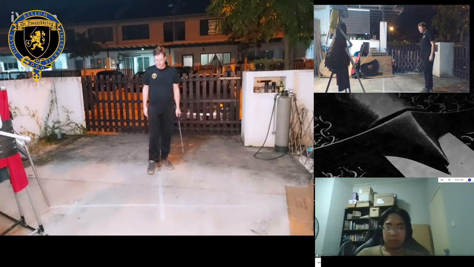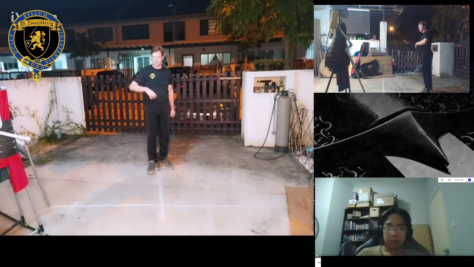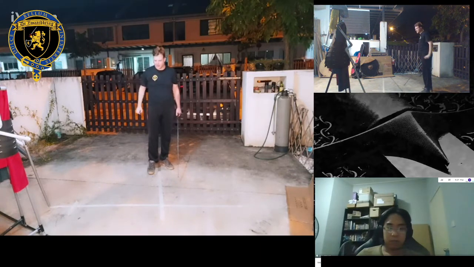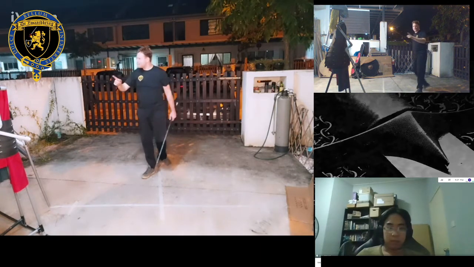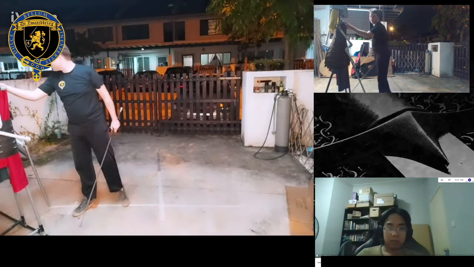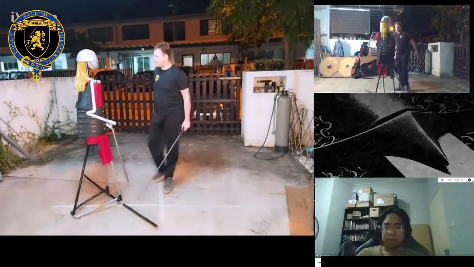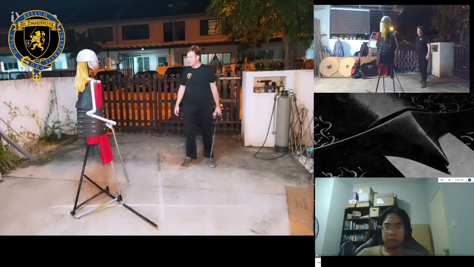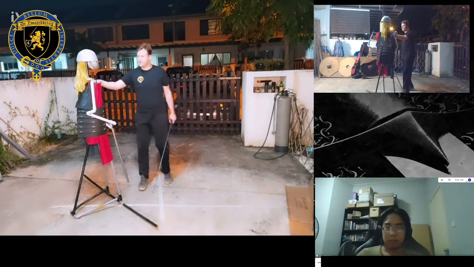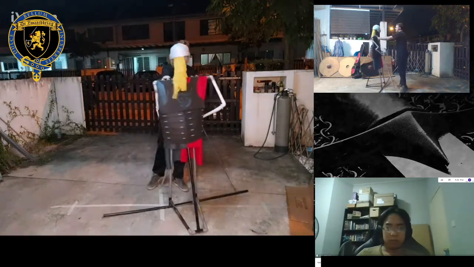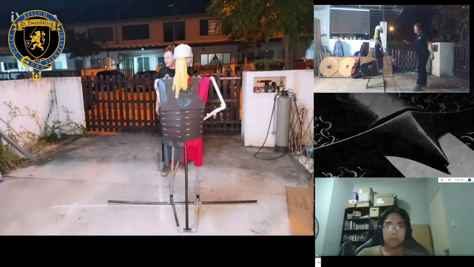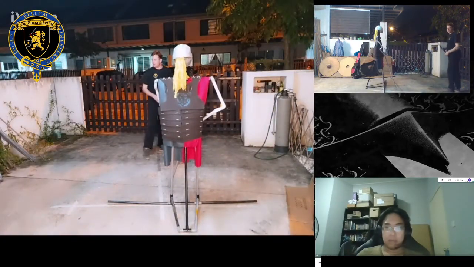Yeah. So if we look at these cuts and we look at them against a target, let's see. Is Ash in view right now? No, he is not. There we go. That's better. Maybe I should be facing him so you guys can see. I'll be a little bit obscured by Ash, but hopefully you'll be able to see where I'm aiming.